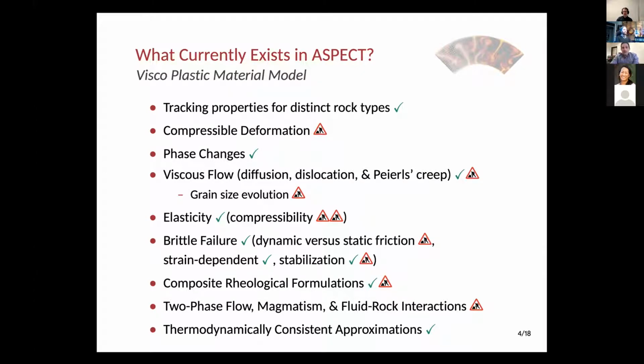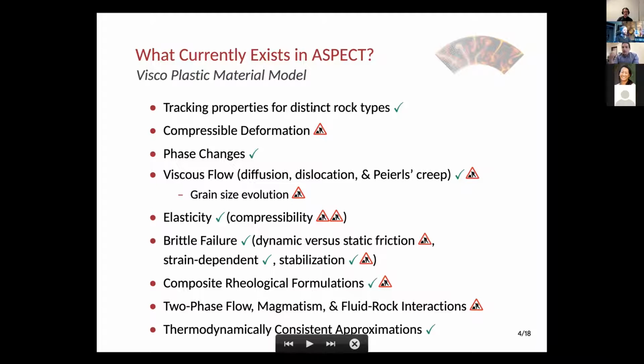But then, what is in the viscoplastic material model? What I'm putting right next to each of these items is a check mark, which means it's implemented in the code. This in-progress symbol means it's something we're actively working on, and it may partially be in the code, or it's something which is an employer request. And in this one case, for compressible elasticity, it's something we have thought about, but we have not actually started